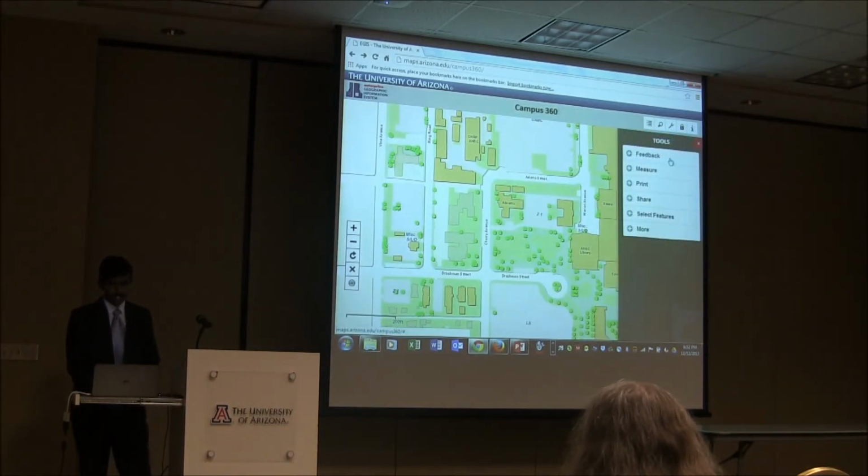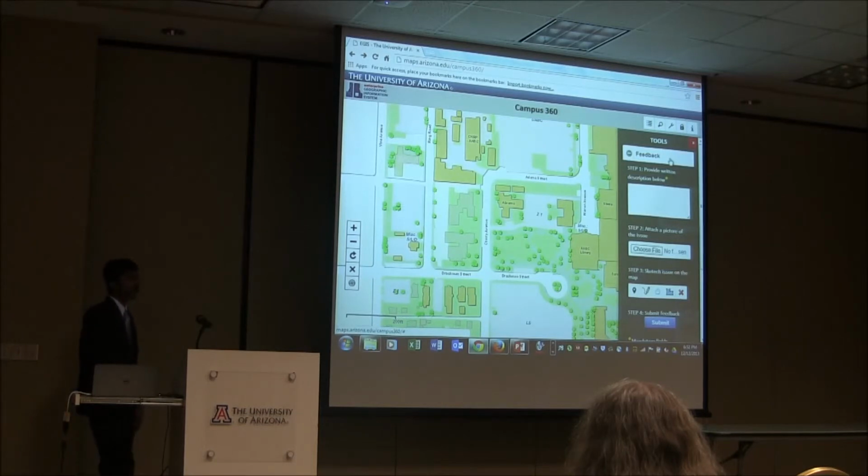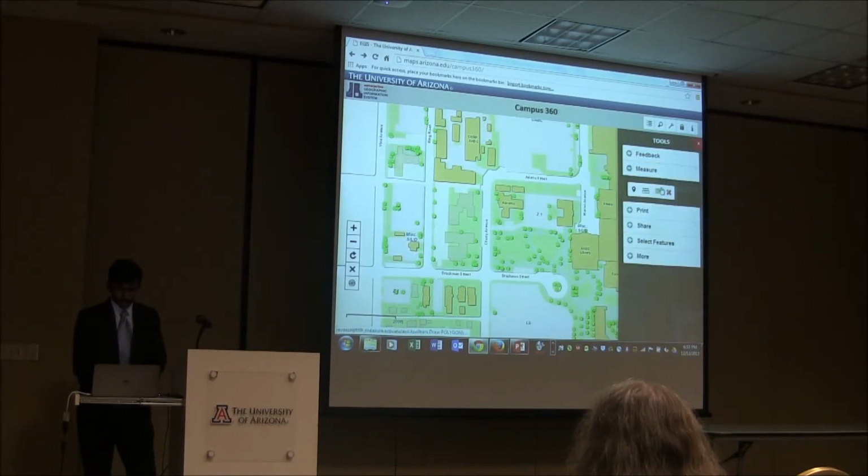and then I can go into the tool section of this. So the first tool is the feedback tool. This is more for communicating with the Enterprise GIS team at Planning, Design and Construction. And then you can have a small description of this issue, what you're seeing in the map, and then write it to us. It uses server-side scripting to save all these contents and sends an email to us. And you can use the measure tool